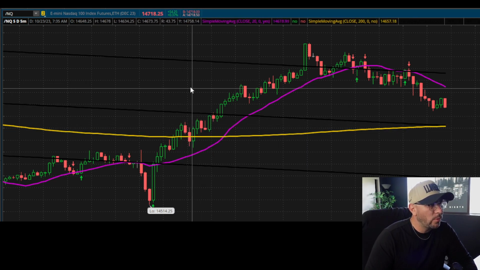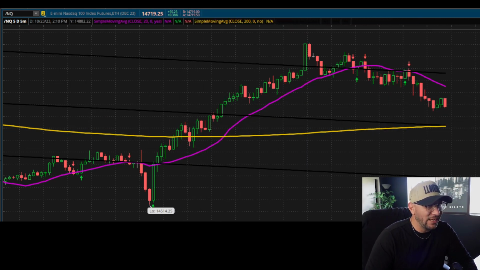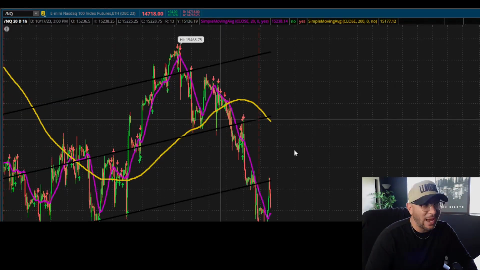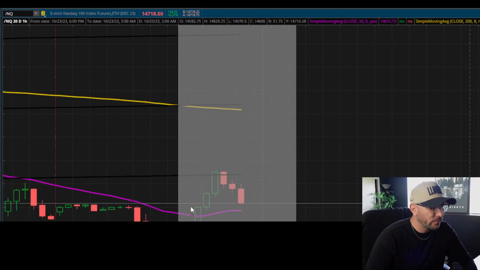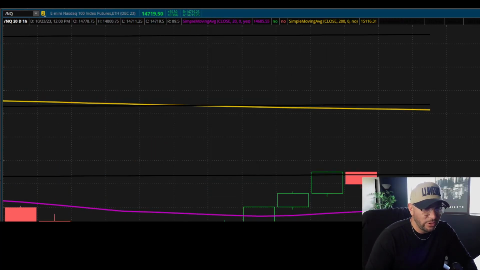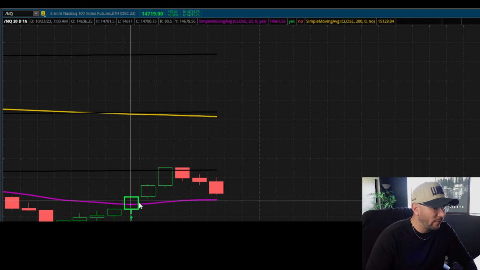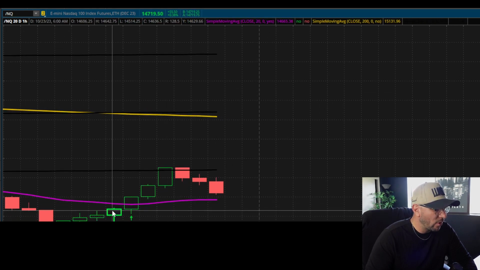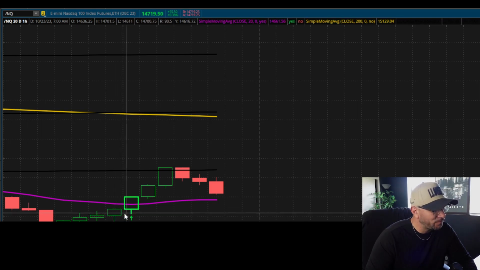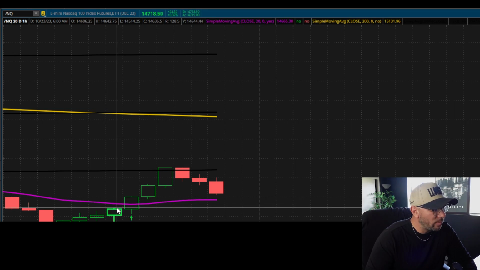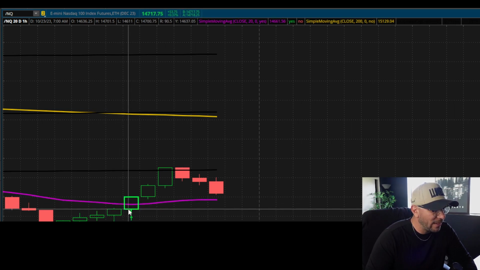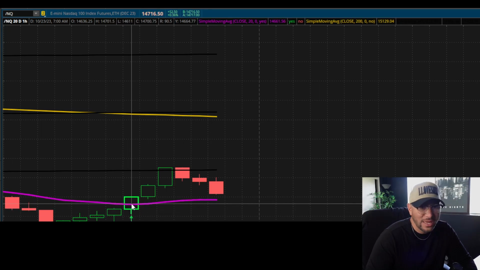So again, what would we necessarily be looking for on the second entry? The second entry would have to be after the first hour. So if we look at these on the hourly time frame, let's look at the first hour of the market, 6 o'clock in the morning my time. So it's going to run from 6 to 7. If you noticed the 7 a.m. candle, I necessarily probably wouldn't have taken this close to the 20 SMA. I would have taken the confirmation when we started to break through the 20 SMA. That price was sitting at around